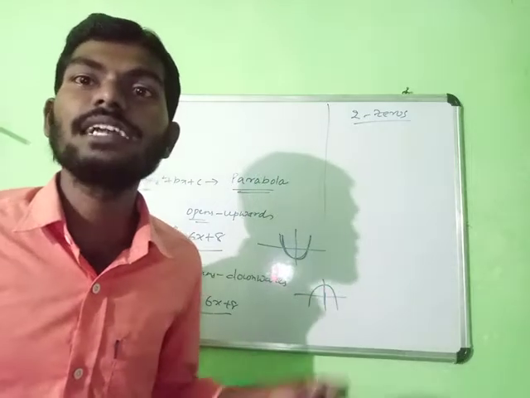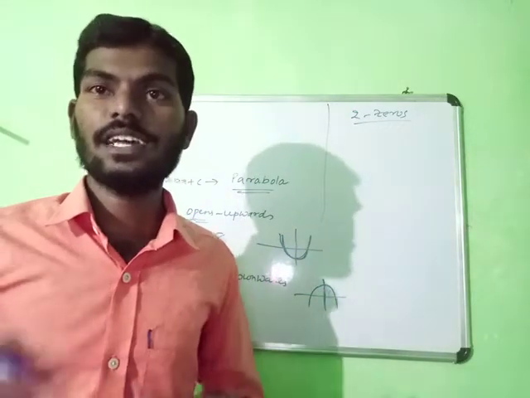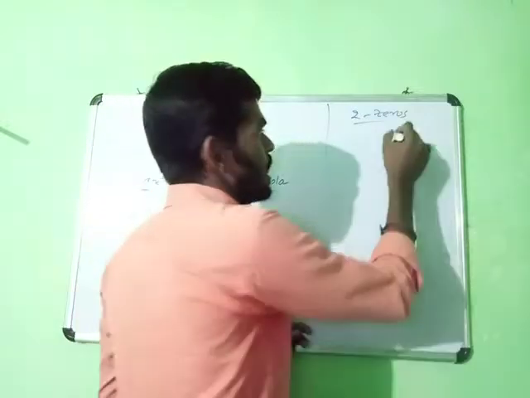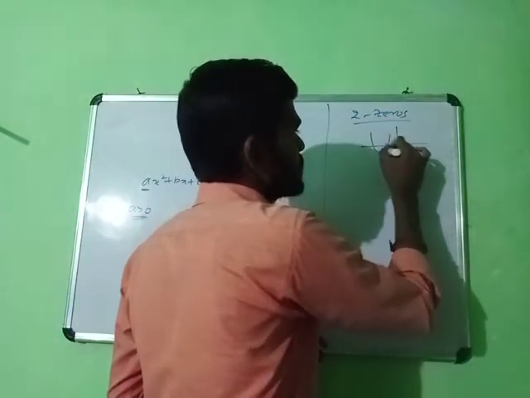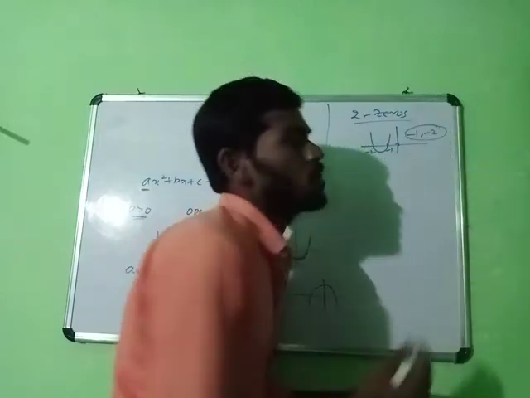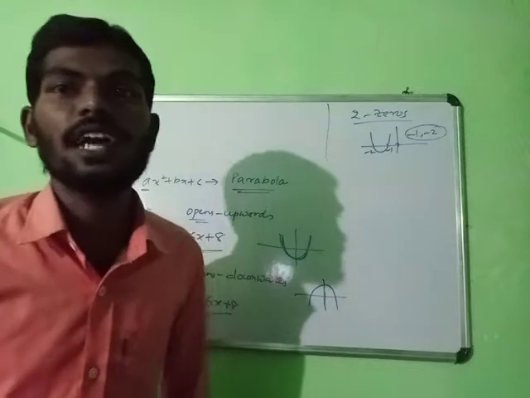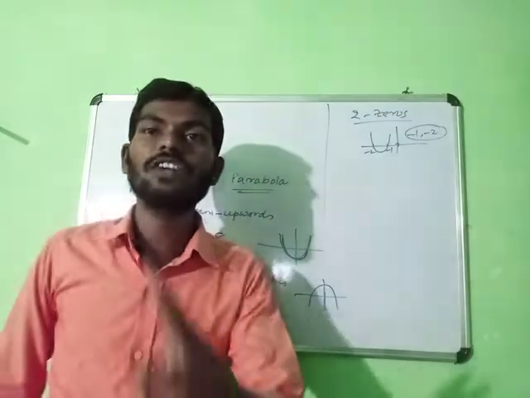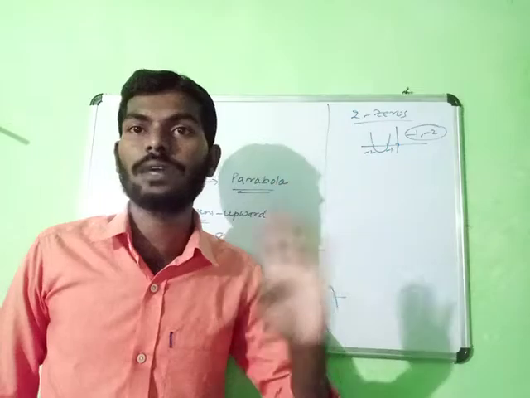If the parabola or curve intersects at two different points, the zeros are also different. Like this, take the graph: 0, minus 1, minus 2. What are the zeros? Minus 1, comma minus 2, 2 zeros. If the curve intersects the x-axis at two different points, in the case of a quadratic polynomial only, not other polynomials,